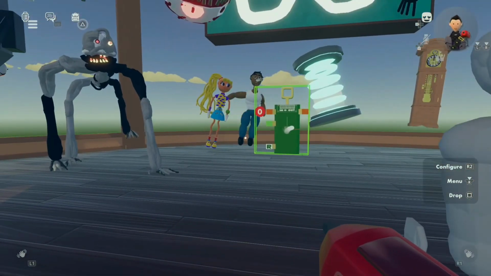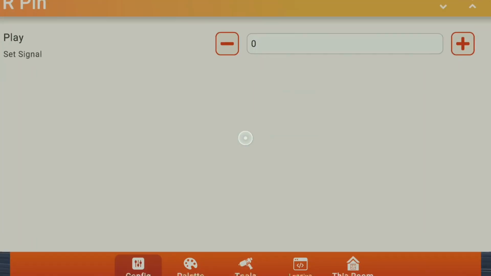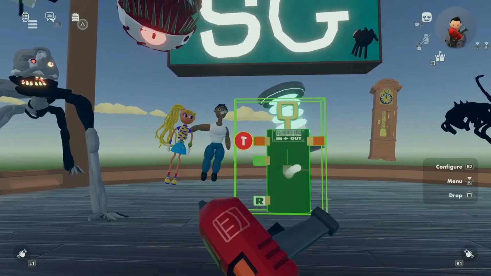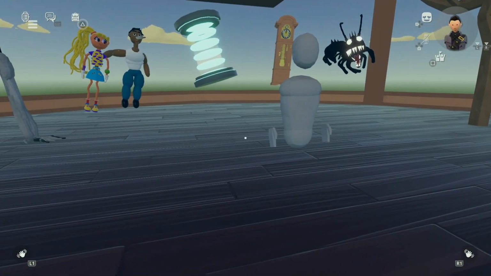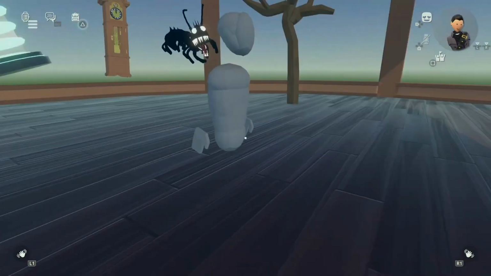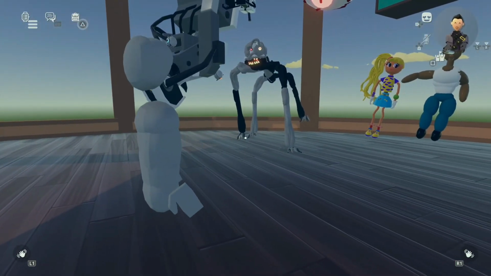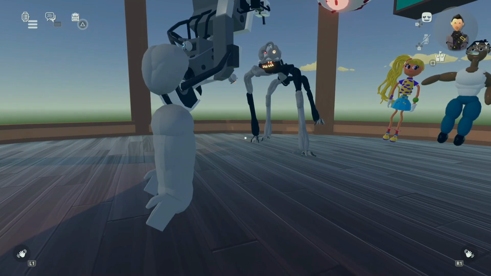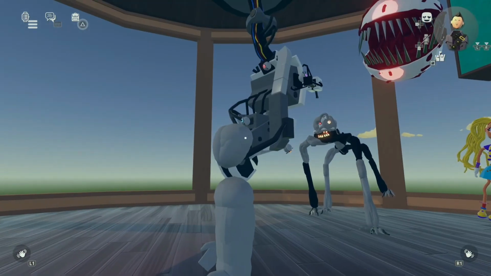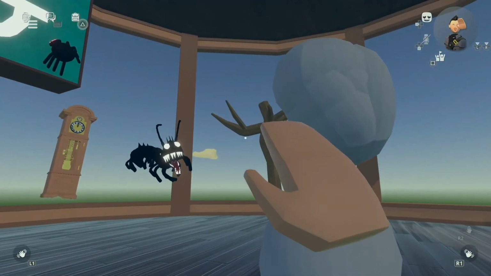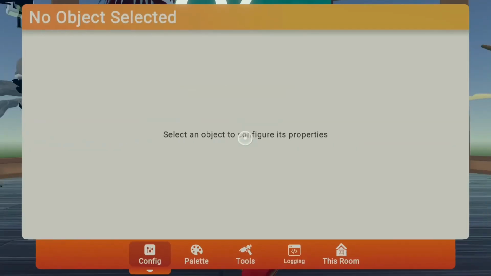I'm just going to leave everything in there, and we're going to head to this little red pin. We're going to click on that and change that value to 1. So now we have our animation playing. Might look a bit odd, but still animating. If you want it not to be bouncing around so much, you can use rotate